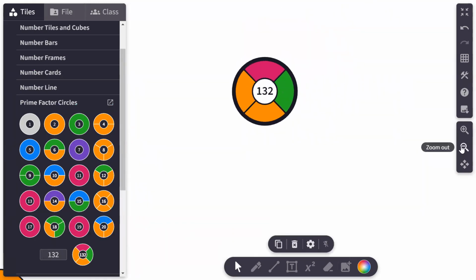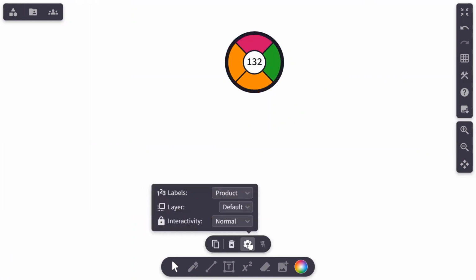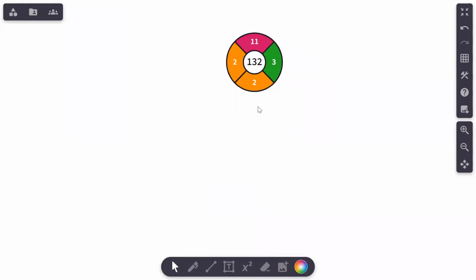So if I just drag that in, you can see obviously a lot of different colors popping up, which are representing different factors. Now, if I just go to the settings, remember when you click on any tile, the action bar will pop up. We can see that we can leave it as their products like that, or we can actually do sectors and products, which actually tell us what those numbers actually are. So naturally, what we would do is pull this apart and do the factors of what